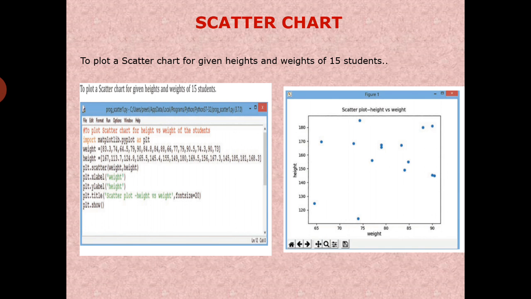Students, you can decorate the chart by using some of the keywords. These keywords are s. This stands for the size of the markers in pixel multiplied by pixel. It can be a single value or any array of the same size of x and y. c. This is the points color.